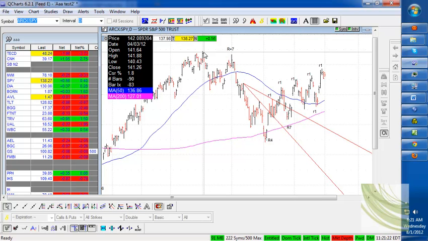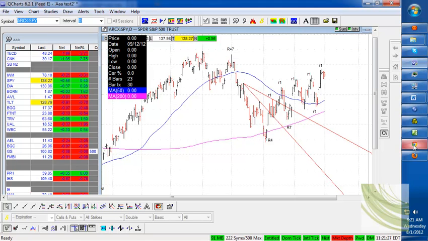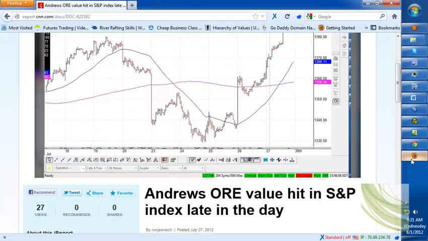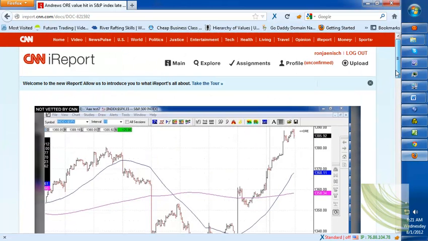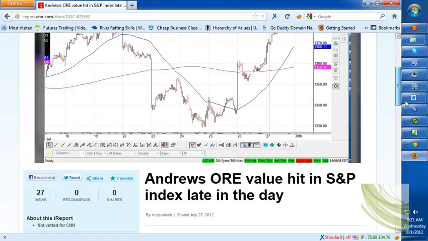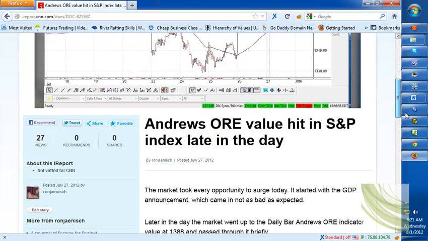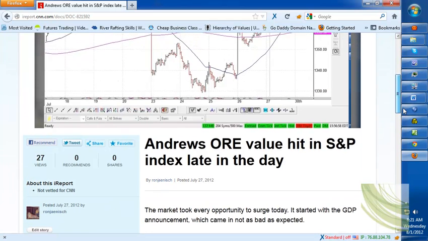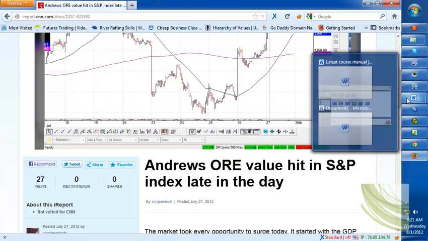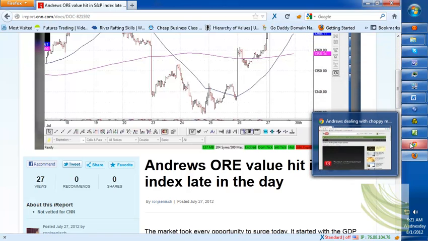A public group would typically be like over here on CNN iReport. Once you put this up, you can't erase it. Another public group was WordPress. Well, WordPress you can erase, but once it's up there, you've got to leave it because it kind of timestamps it. Okay, so moving back to the chart,